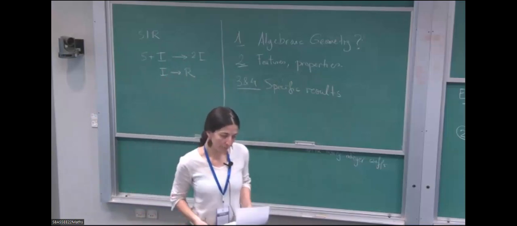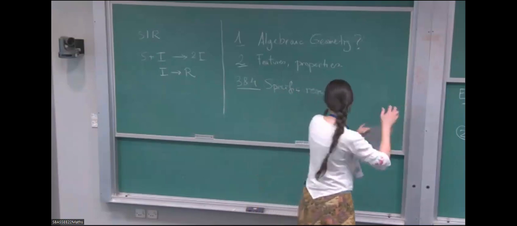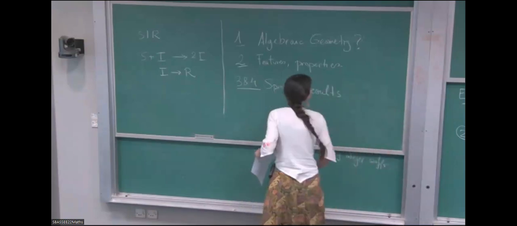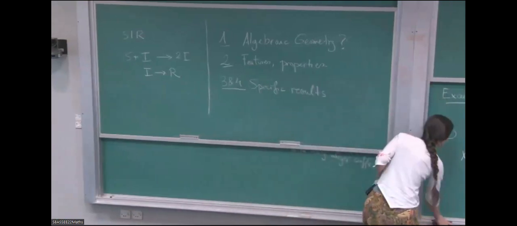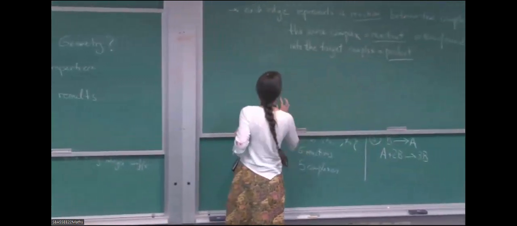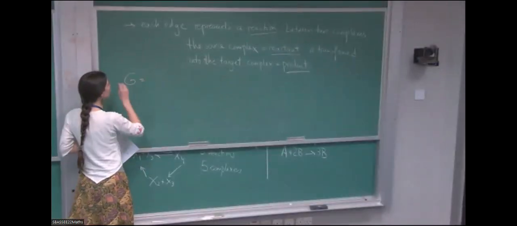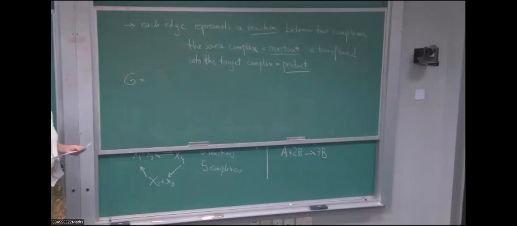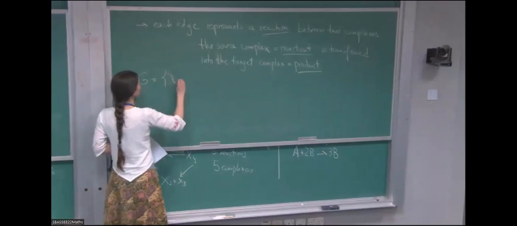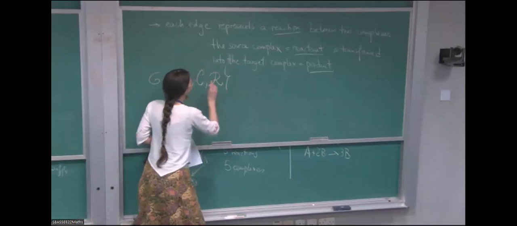So this is the plan. And then I'm going to come back to the formal definition. Well, so I said this is just a graph. And then we will write for a reaction network, G, a set of species, complexes, and reactions,